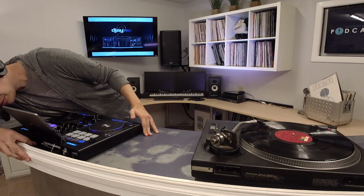Here's a low EQ cutout, high EQ cutout. Now if we go around the back and switch it, we changed it from the filter EQ model to the classic EQ model, and now we have a standard 3-band